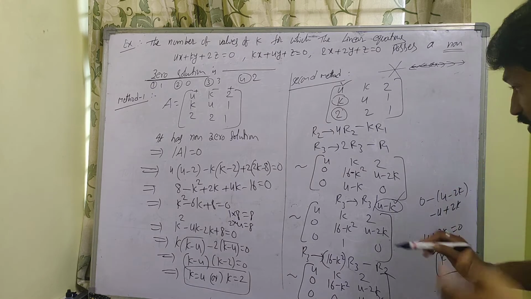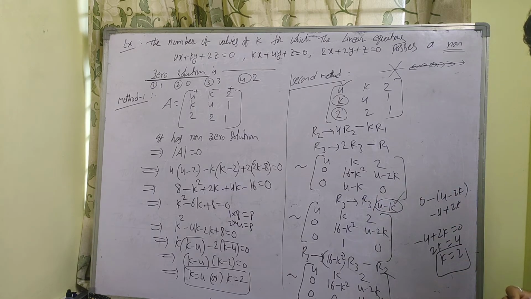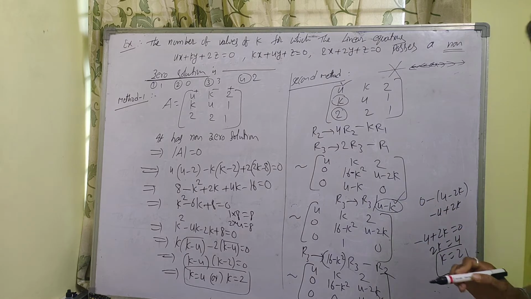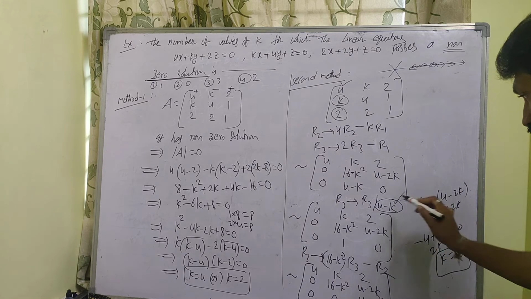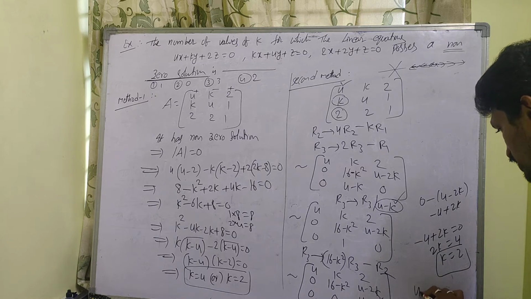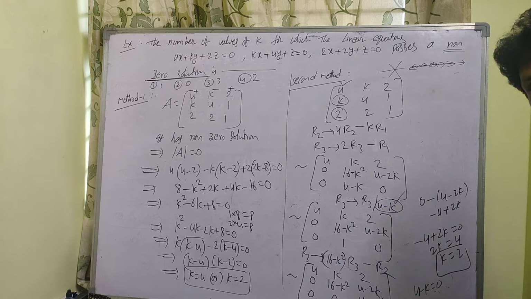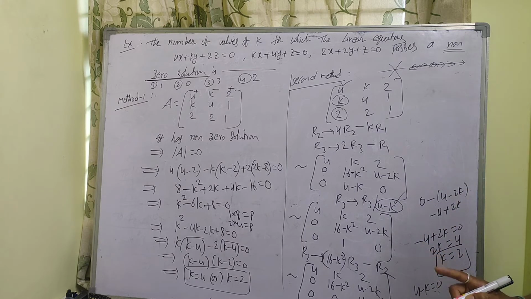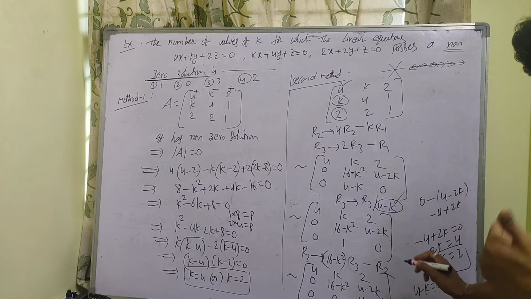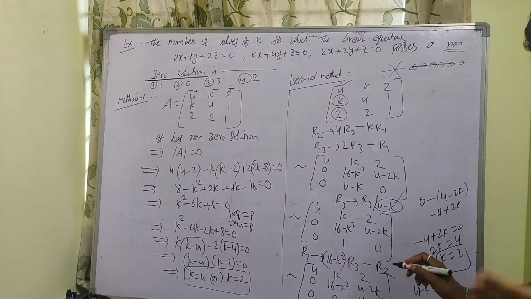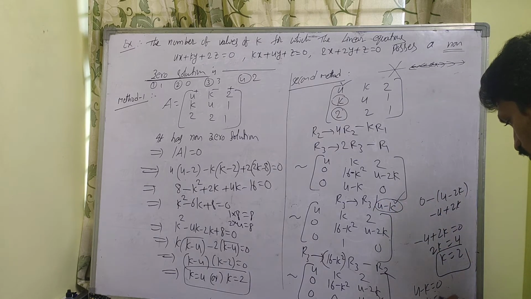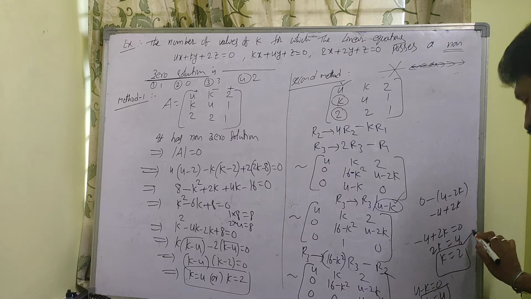Whenever you want to divide like that, what we have to do? That value is equal to 0. We have to consider that value as one of the cases. At last, what we have to consider? 4 minus k also is equal to 0. If you want to divide with a variable, that is also one of the values, just remember. If you divide with constants like 4, 2, 3, minus 1, minus 2, don't consider. So 4 minus k is equal to 0, so k is equal to 4. These are the two values for this one.